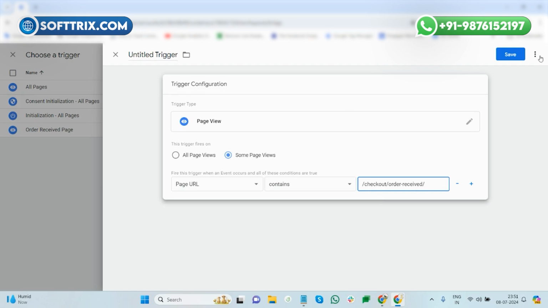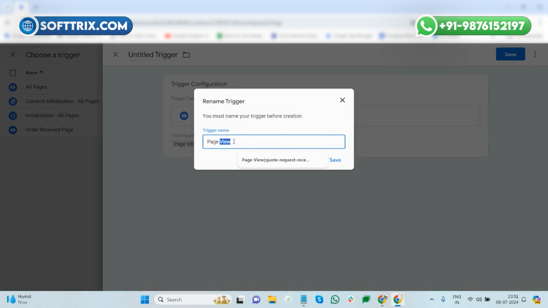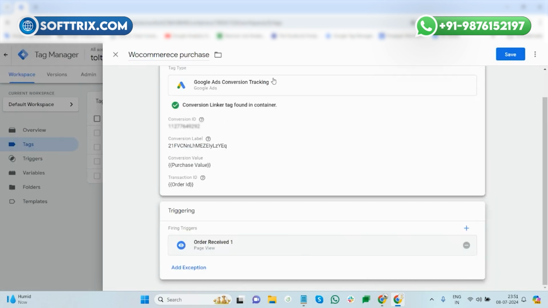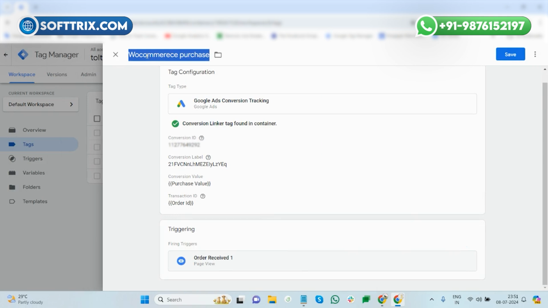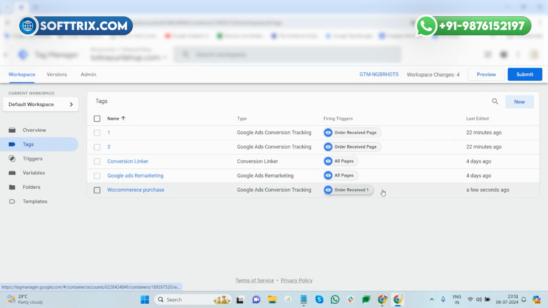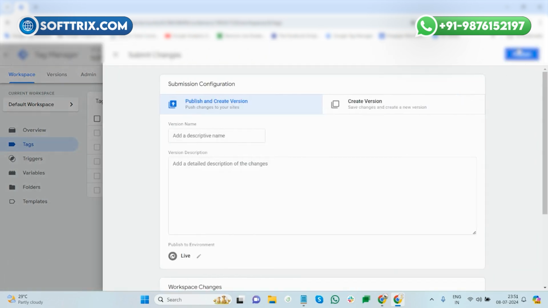So I'll click on the same button and we will name it received page trigger, so that we'll be able to know which trigger this is. It's already here, so I will choose the order received one, and then we have already named the tag WooCommerce purchase, and I'll save it. And as you can see, now our tag is working properly. We'll click on the submit button and publish it,